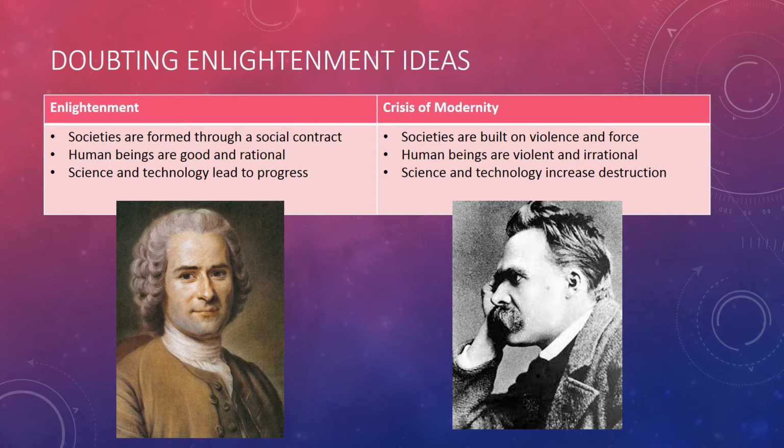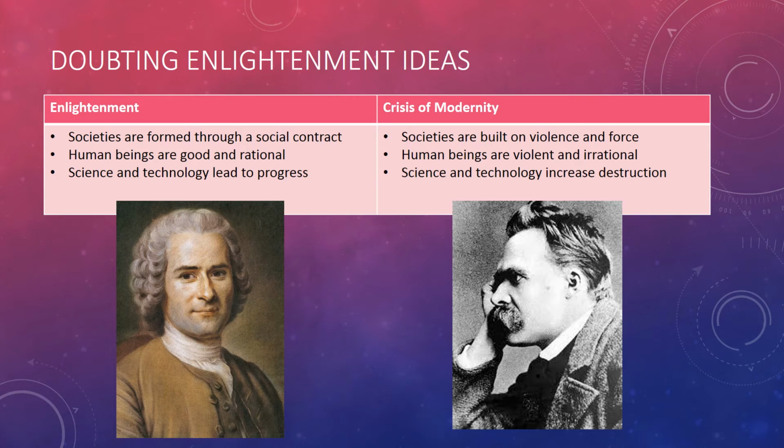In philosophy, you start to see a similar movement away from the Enlightenment. In the Enlightenment, they had a pretty rosy outlook. They thought that societies were formed through a social contract where we all decided to get together and have a government. They thought that human beings tended to be good and rational, and they thought that science and technology would lead to continued progress. And these are all ideas that Jean-Jacques Rousseau held, and that's that smiling dude down there